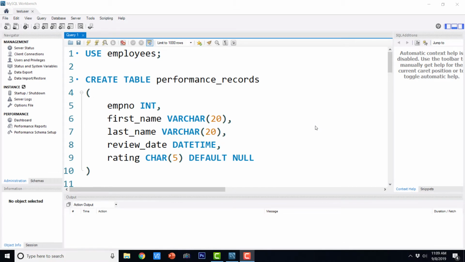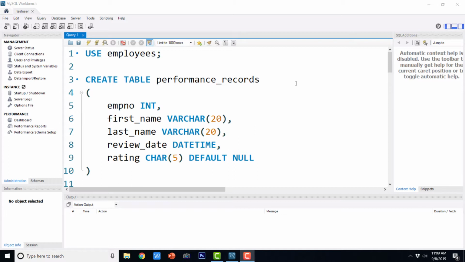In this video lecture, we are going to see the basics of tables and DDLs. DDL stands for data definition language. Whenever we execute any DDL statement, table structures or any other object structures are created or modified in your database. So let us see how we can use the DDLs to create the tables.